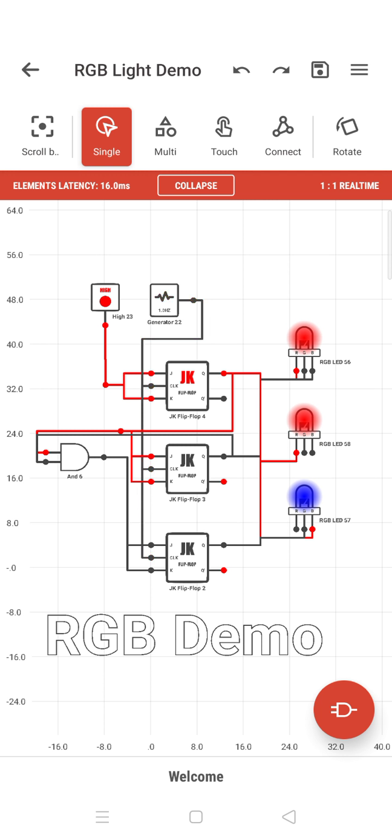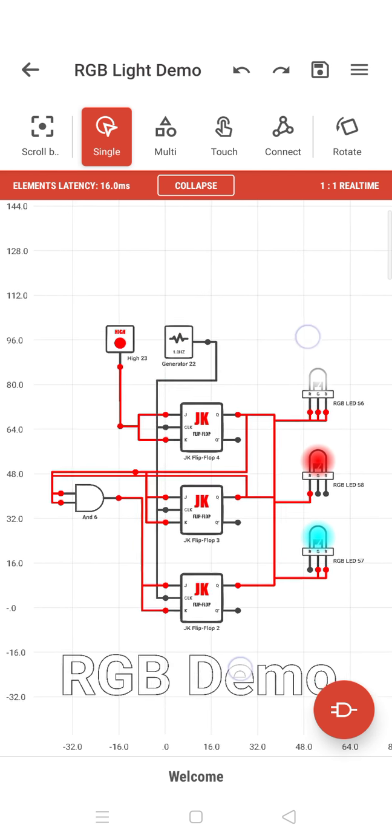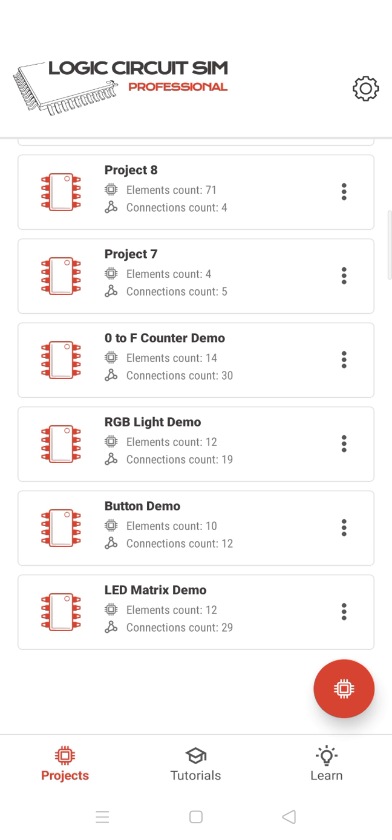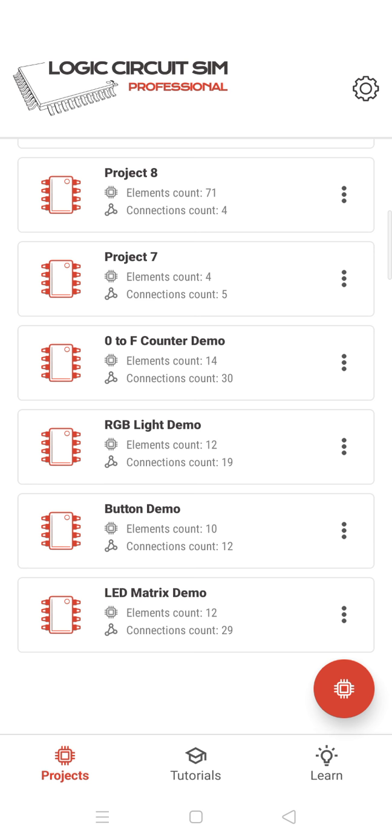For your home lighting, you connect a blue light, a red light and a green light, and it can connect also. You can do a JK flip-flop connection like this, and you can put it on a PCB. Then you can get all these colors coming in. If you want a fancy light or something like that, then you can create it like this. This is how the circuit comes in using your logic circuits. Now we go into another thing. We'll see a button demo.